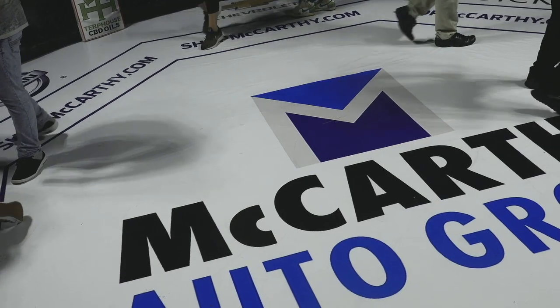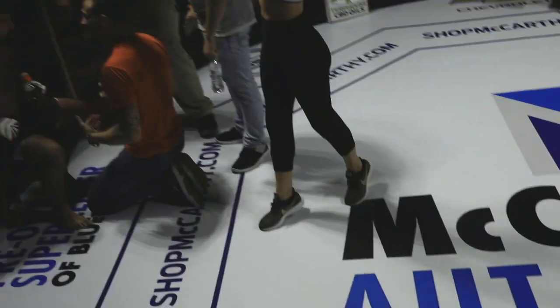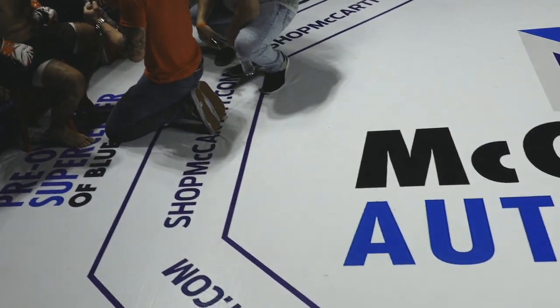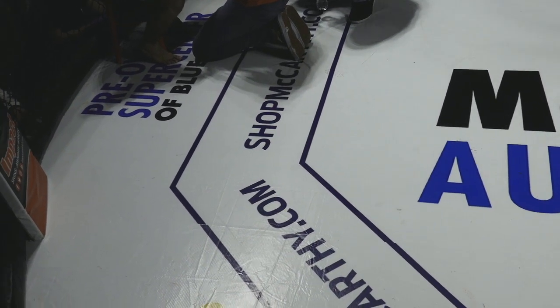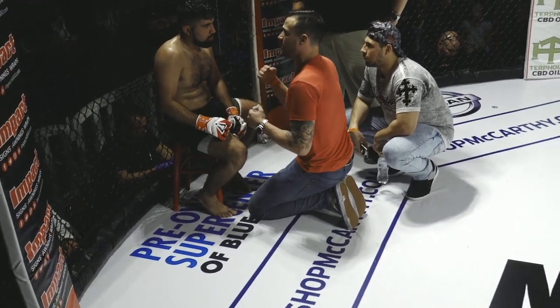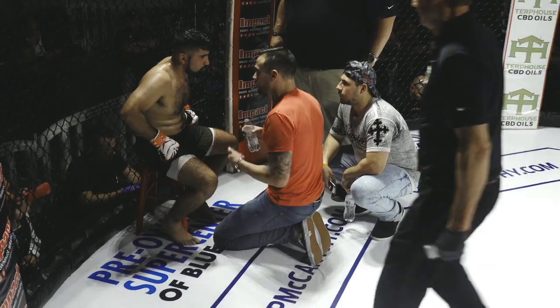It's been a crazy fight, nonstop on the transitions and the clinch position. You know, neither person can settle in one spot. As soon as one gets one down, the other one pops right back up. So an exhausting and exciting fight to watch if you're a fan of the technical aspects. Coming in on our final round of the fight. I think Olivas needs a finish in this round,